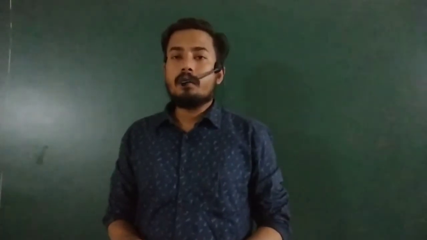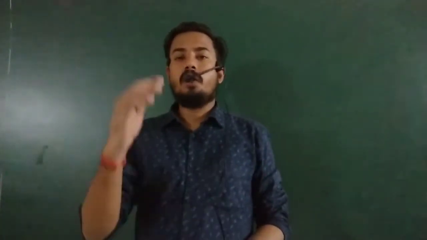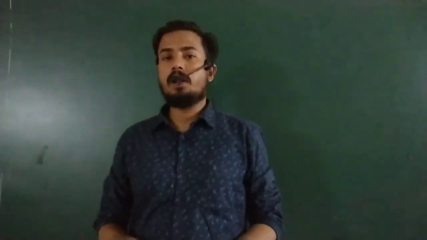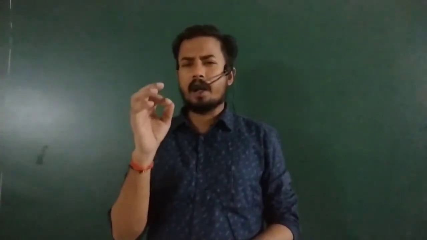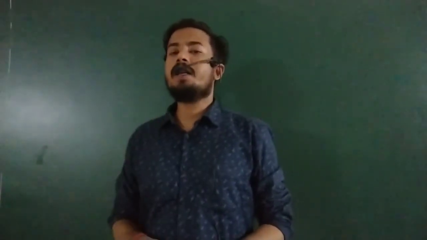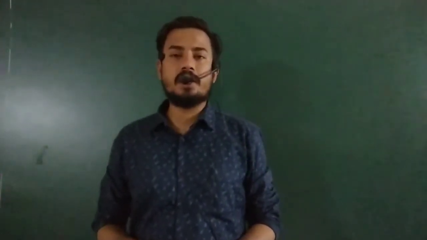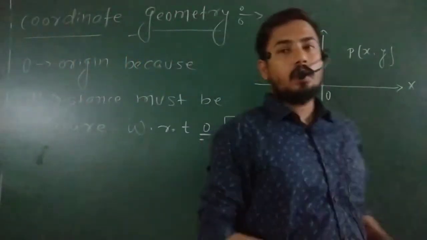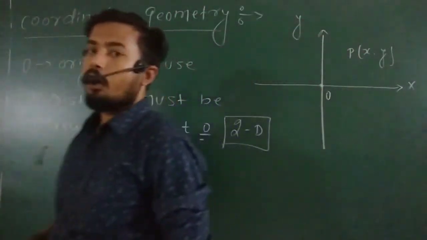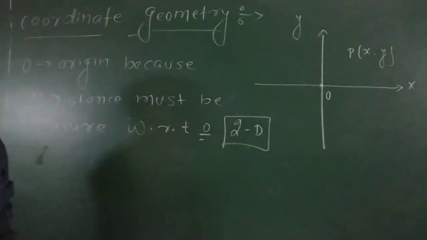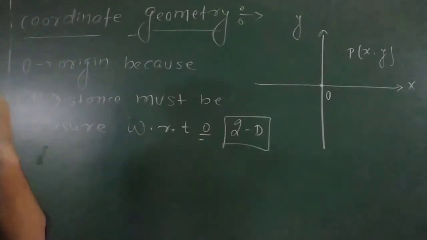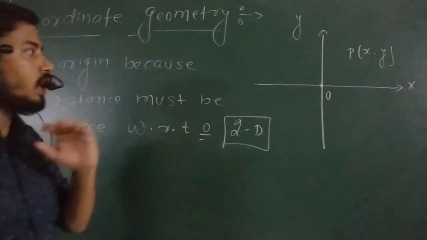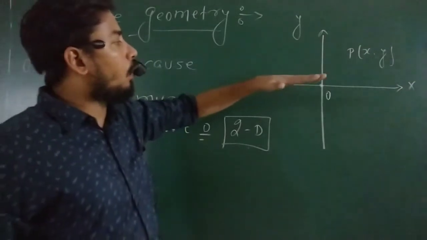Today we are going to discuss, first of all, coordinate geometry, because it is required a little bit in physics, and then we will start a very important and very interesting topic, differentiation, right? So see here, we have two types of coordinate geometry. One is called 2D and another is called 3D. Right now we are discussing 2D. Later we will discuss 3D. So in 2D we will take two coordinate axes.